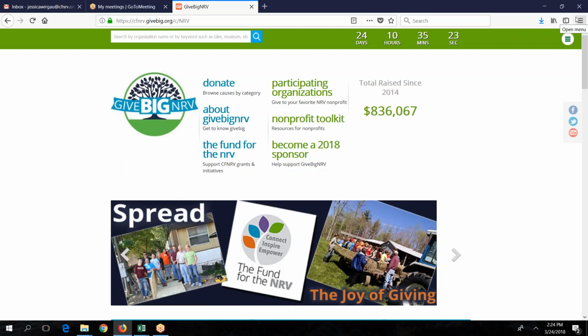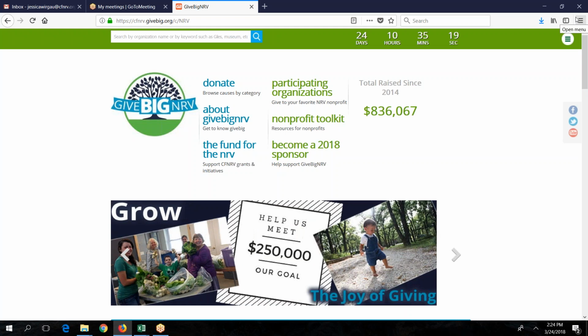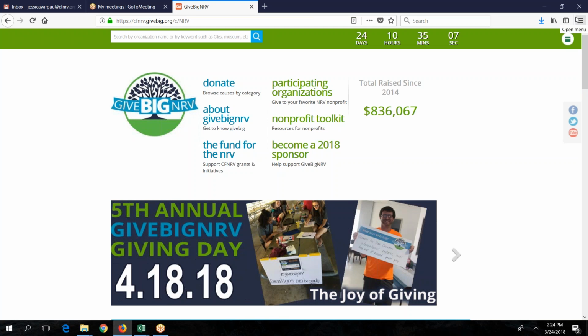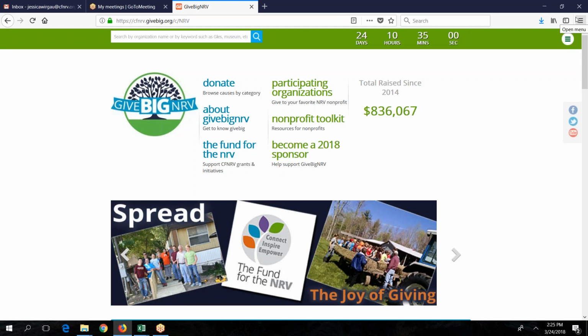We'll walk through the home page for Give Big. We'll talk about logging in to your account. We'll go through how to update your profile page or to create a profile if you're new to Give Big. We'll talk about updating that donation box and making sure that the receipts that your donors receive have all the information they need. And then we'll spend a little bit of time on what's called the Connect platform for Click